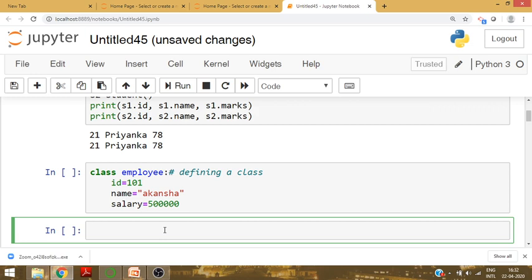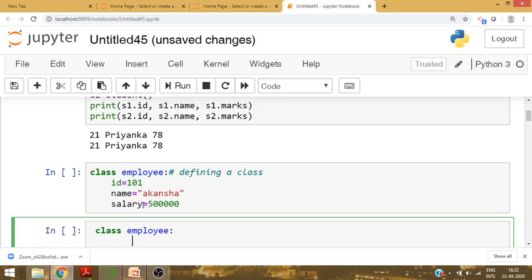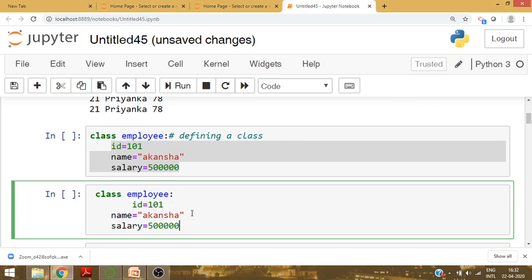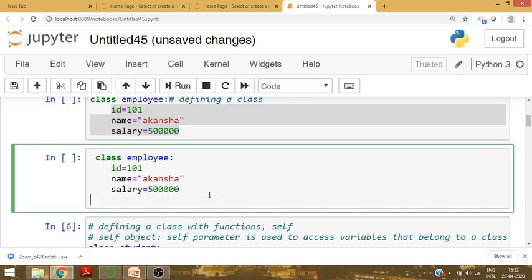Now we see what is an object, or how to write an object. An object is a runtime entity of the class, or an instance of the class. Suppose the same class employee, we will see the same example. Employee has ID, name and salary.